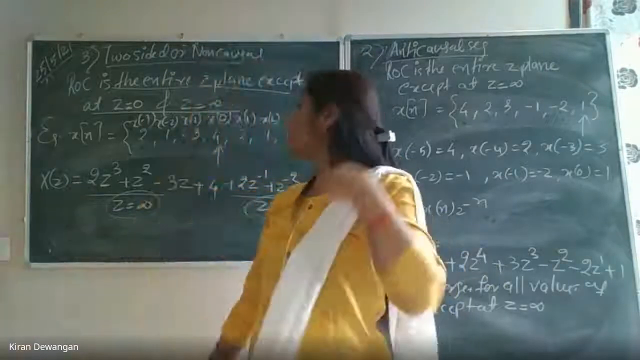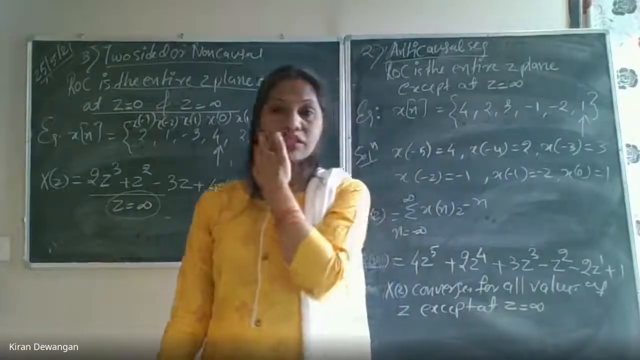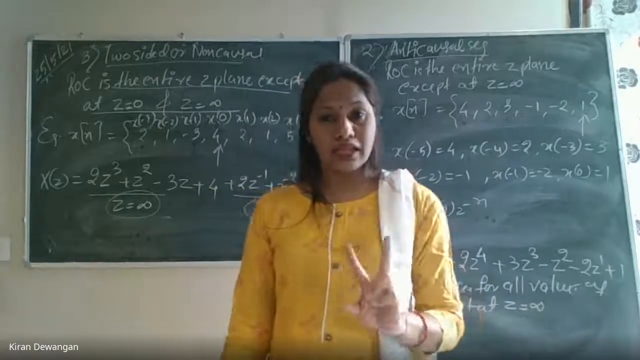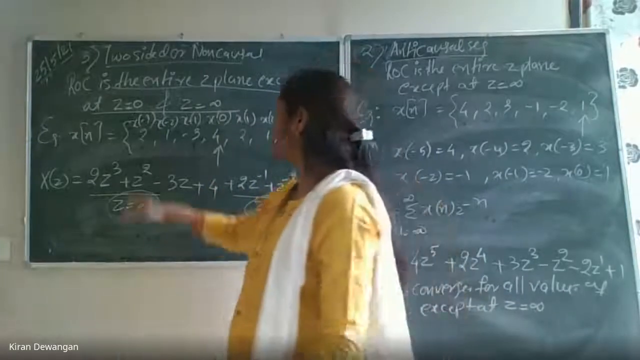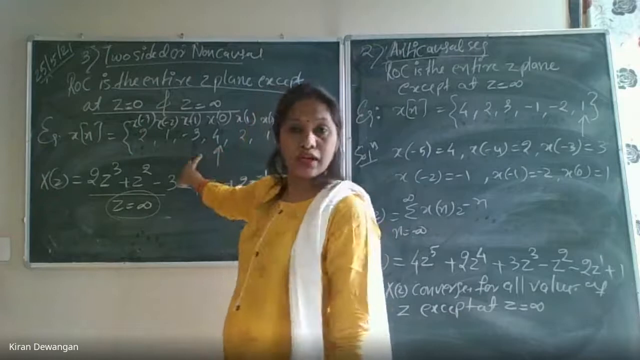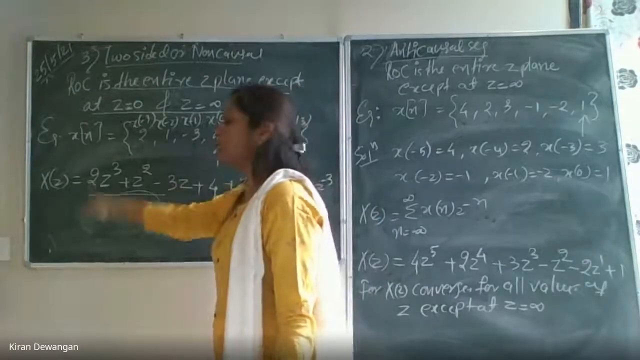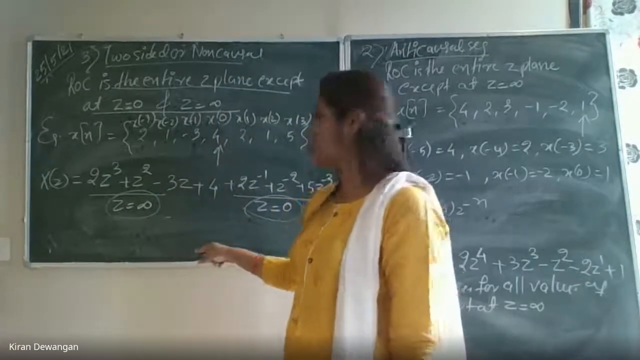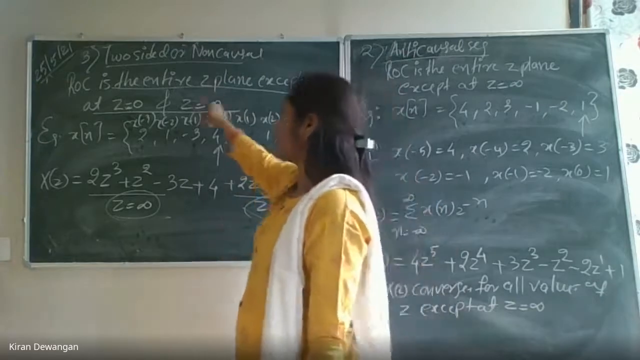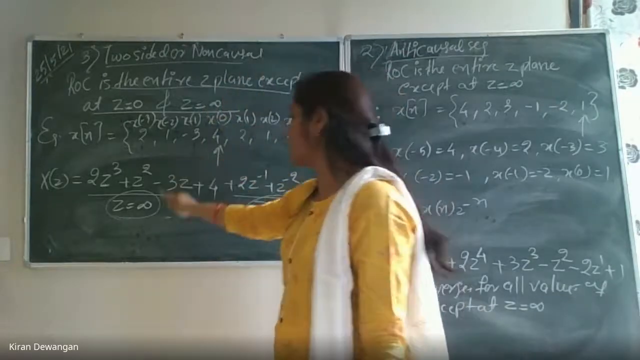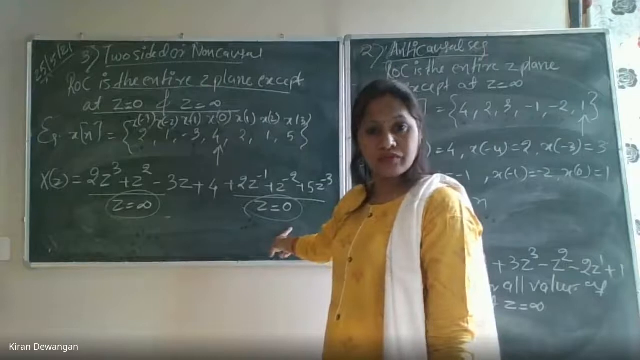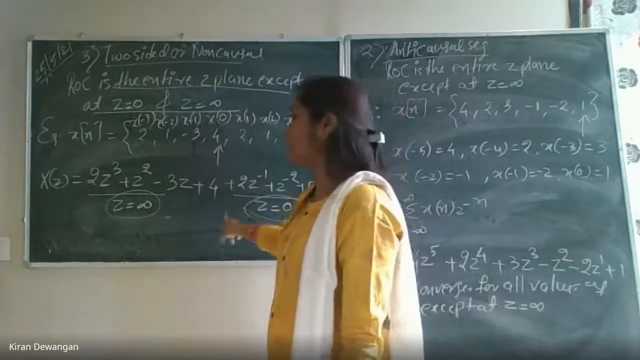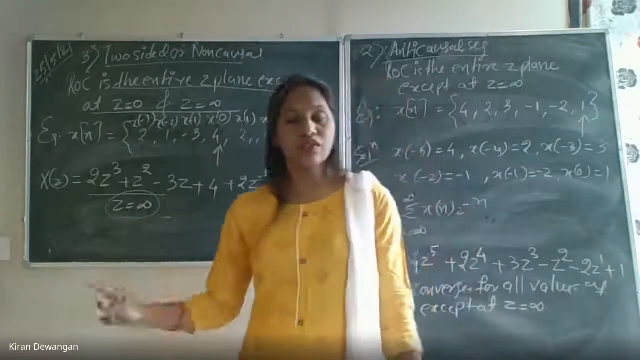Now if it is a non-causal sequence, non-causal sequence क्या होता है? When x of n exists for both the sides, that is for positive values of n as well as for negative values of n. In that case, the ROC is the entire z plane except that z equals to 0 and z equals to infinity. मतलब ये दोनों conditions satisfy करें. ठीक है? It should satisfy both the conditions कि z equals to 0, z equals to infinity को छोड़